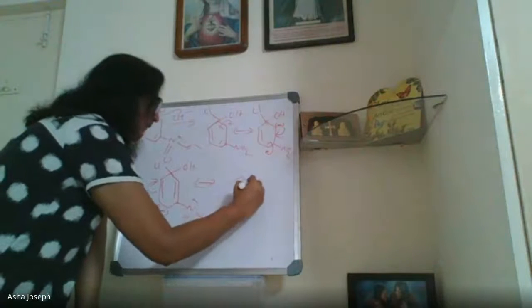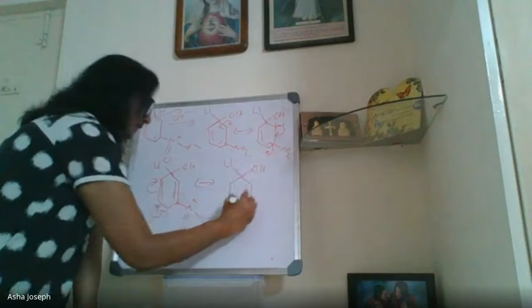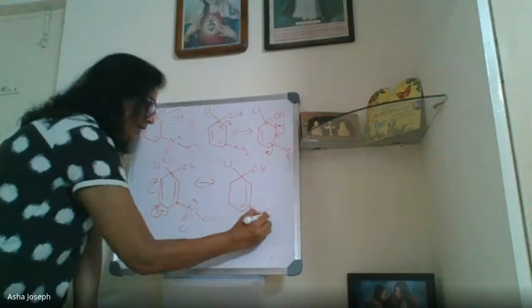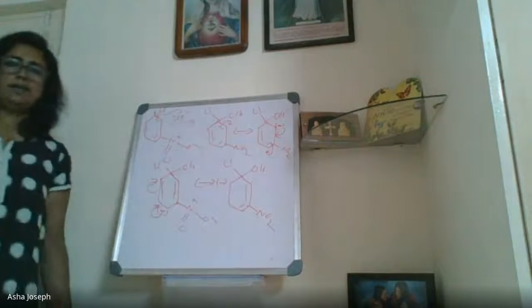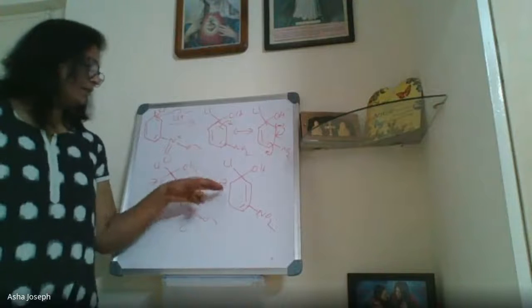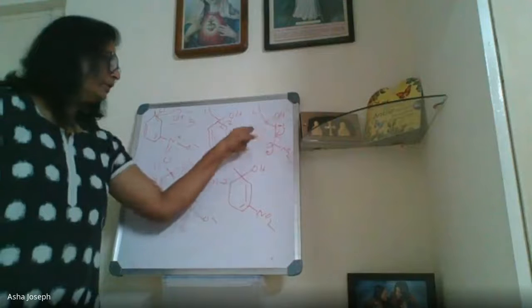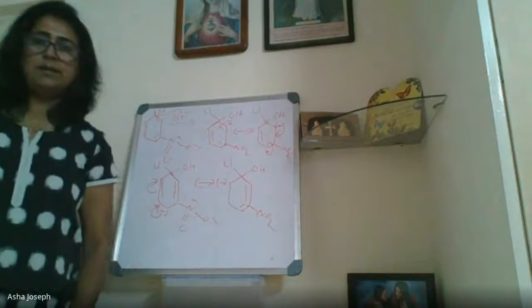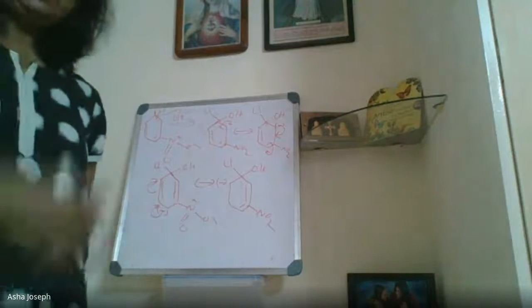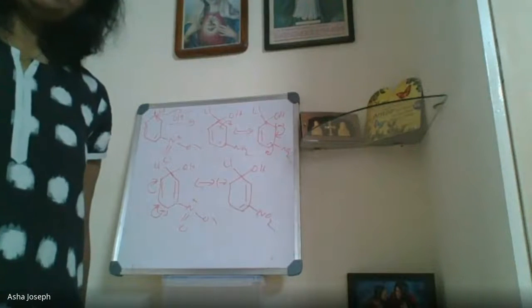OH here, NO2 is here. You see, negative charge, if it comes here only, it can withdraw. It is not coming here. It is coming only at the ortho and para. That is why nothing will happen if NO2 is in the meta position. Have you understood? Understood, ma'am. Anybody, any doubt, you can ask me now.